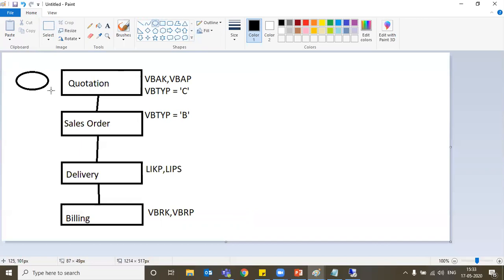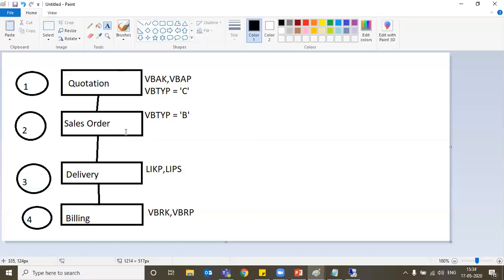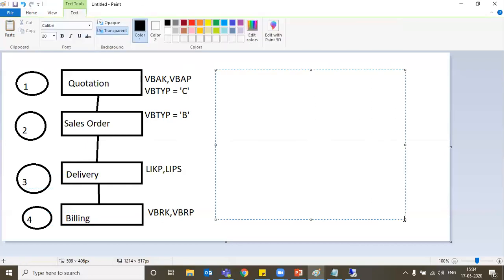This is step 1, the next one is step 2, step 3, and this is step 4. Now there is an activity where I want to write some logic, utilizing different function modules.